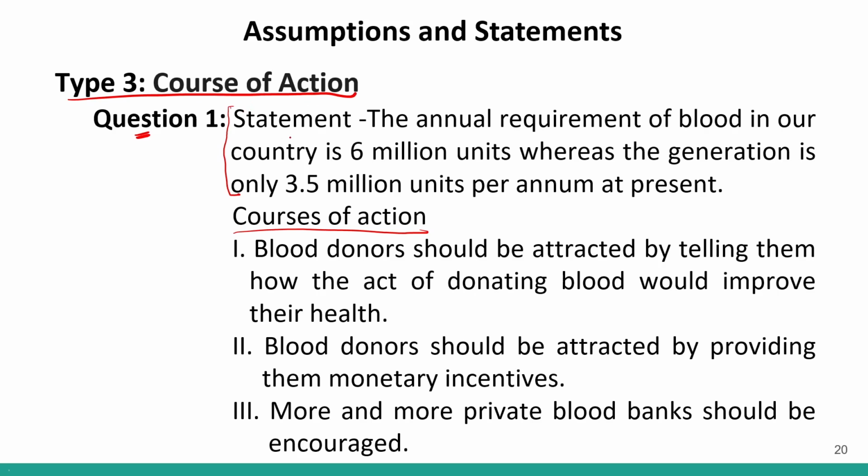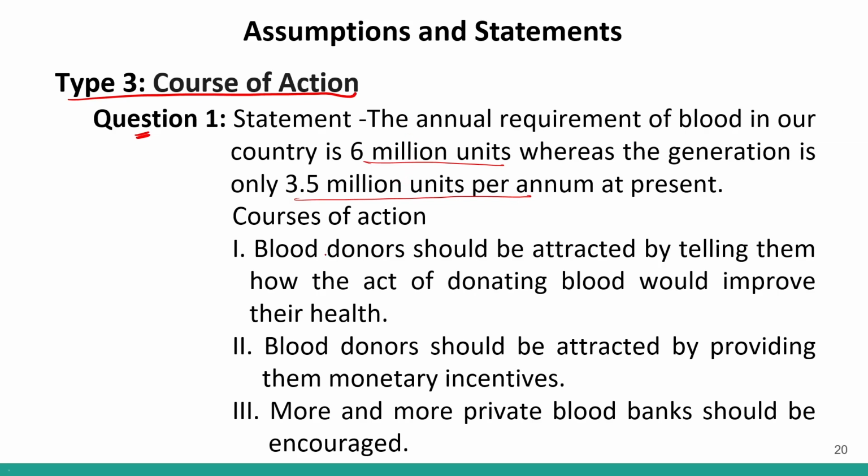So the statement is: the annual requirement of blood in our country is 6 million units, whereas the generation is only 3.5 million units per annum at present. So this is a problem, correct? We require 6 million units of blood every year, but only 3.5 million units are generated. So we have to decide which of the following would be the correct course of action to help alleviate this